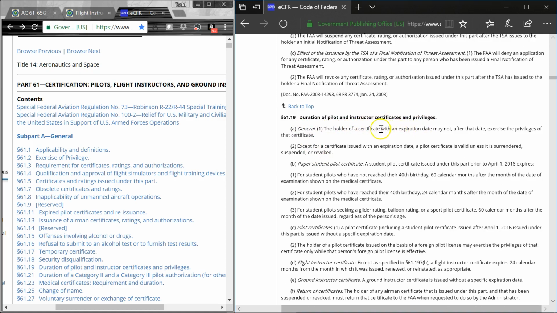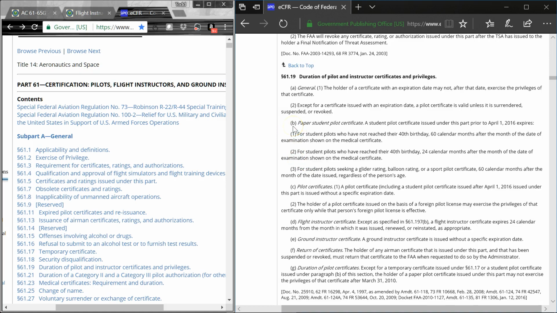Duration of pilot and instructor certificates and privileges. The first pilot certificate that we had to know was a temporary certificate, and that's 120 days. The next thing is a student pilot certificate. So how long is a student pilot certificate? If your client has a student pilot certificate that's on paper, it mimics that of a third-class medical. If they were under 40 when they got it, it's good for 60 calendar months. If they were over 40 when they got it, it's going to be 24 calendar months. So if they have a paper student pilot certificate,